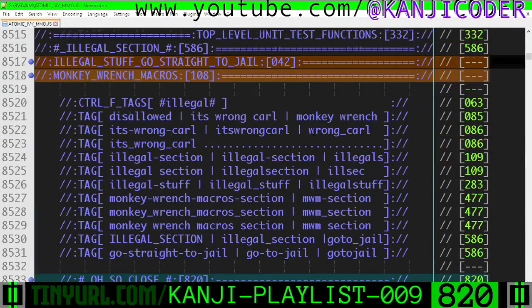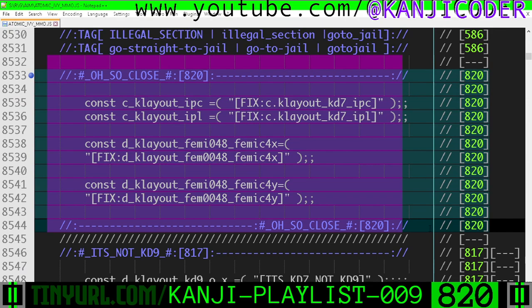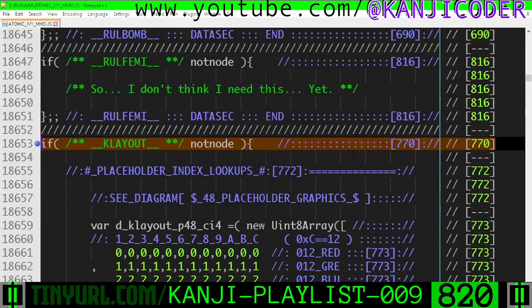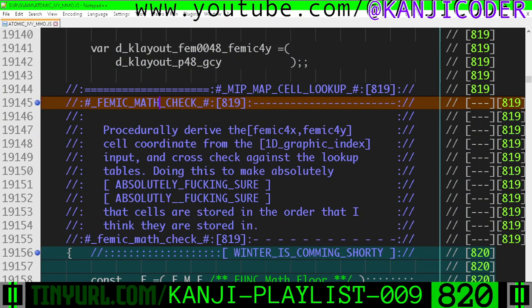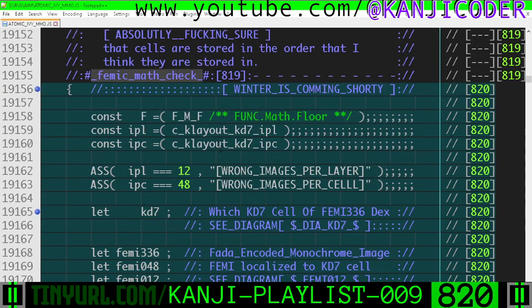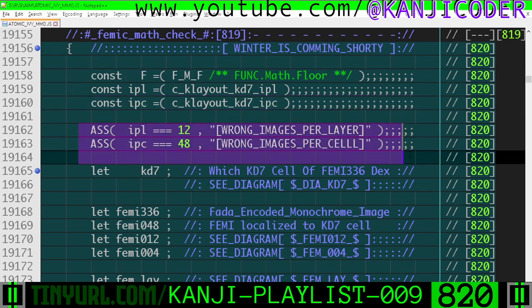All right, down here in the legal stuff section, we got some monkey wrench macros. Moving on. In the data by system, within the K layout section, right down here, we have some error checking code, FEMIC math check. So we want to make sure that we can hand derive the cell location on a 4x4 grid where the FEMI 336 value is. So we have function math.floor, we have the images per layer, images per KD7 cell, error checking them right here,